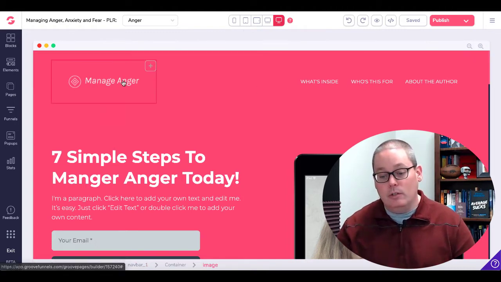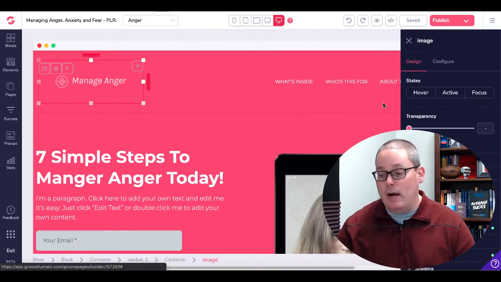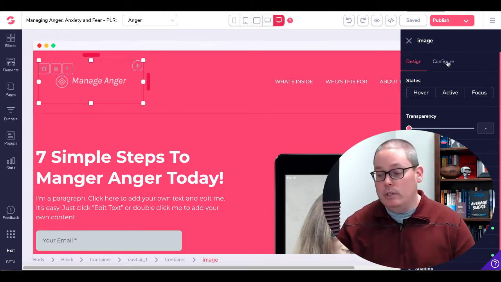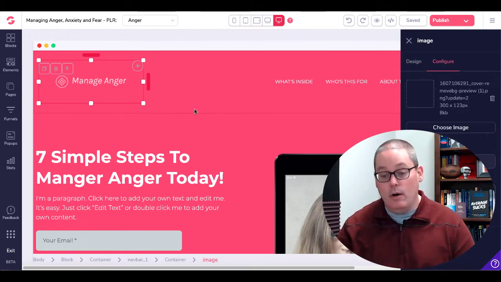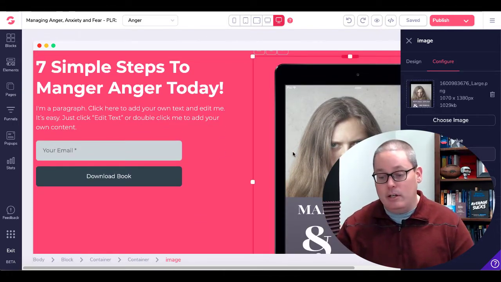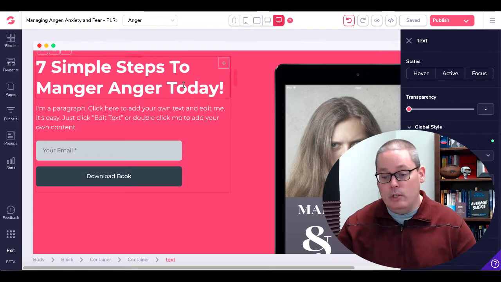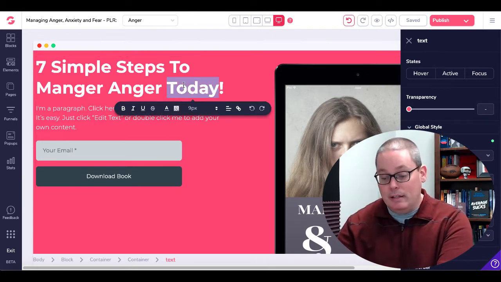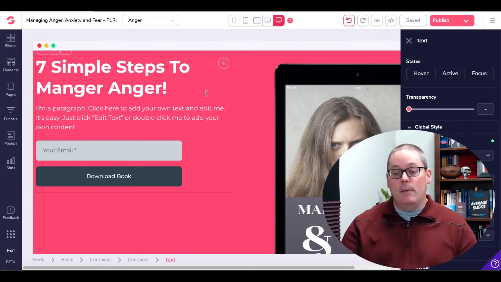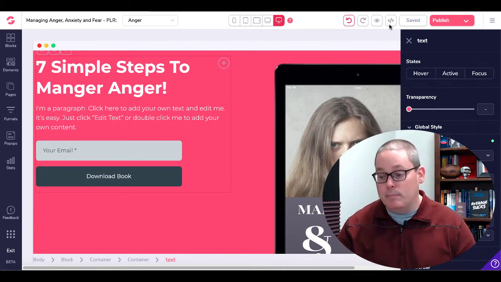But all you do is you just click on an element, and it's drag and drop, and you edit it just like in any other page builder. You would just simply configure that, change out your logo if you want a new logo. If you want to change this image, you can go ahead. You can click on that. You can change this image. Even if you want to change this, all you do is simply click on it and you just delete that, and you can see right there 7 simple steps to manage your anger, and then you simply just publish that,